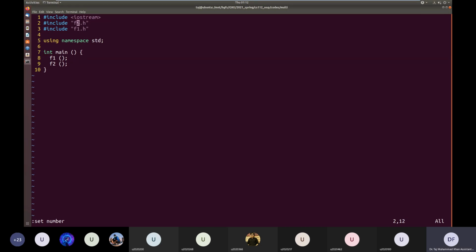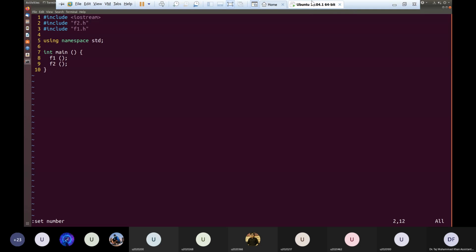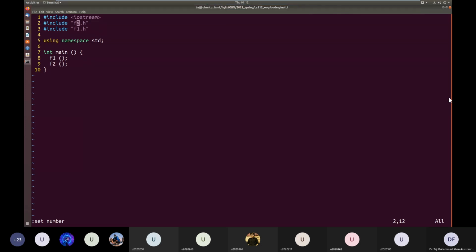So in f2.h, have we defined the function F1?